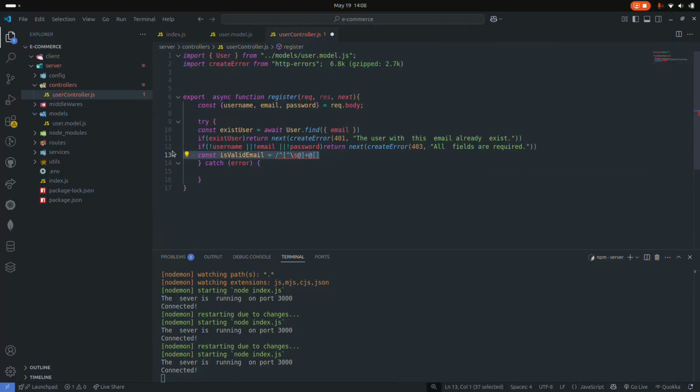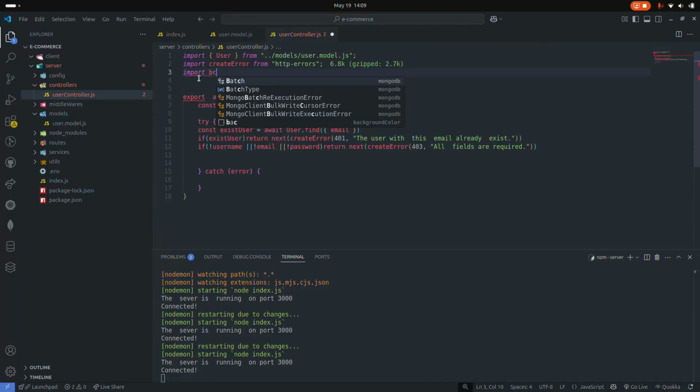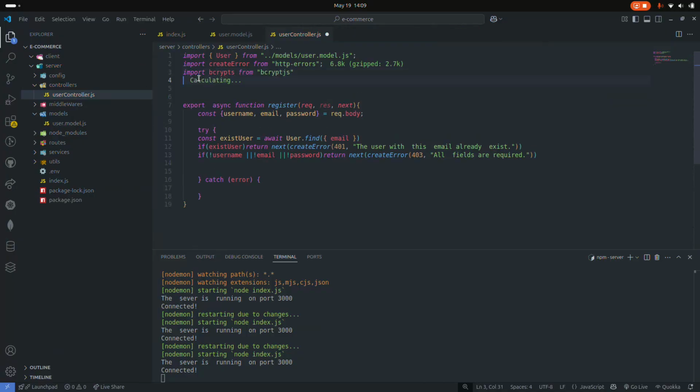sorry, so I think I will do it later, but first let me continue with this regular expression as well. So let us import bcrypt. So import bcrypt. Let me write bcrypt. Okay, then from